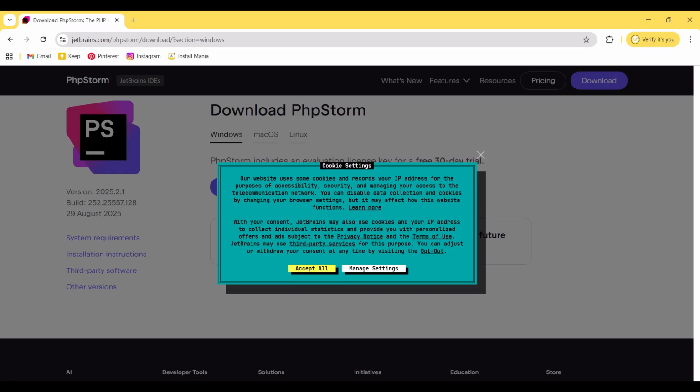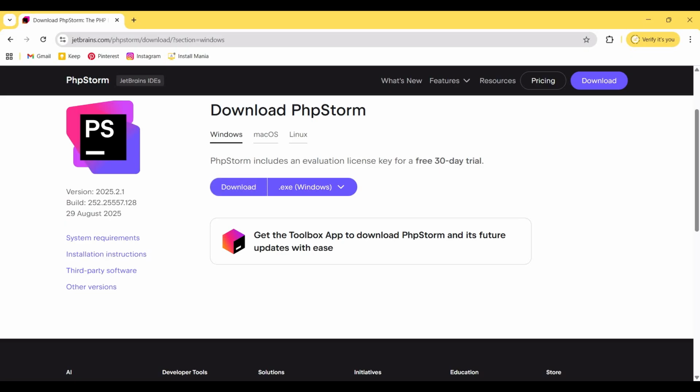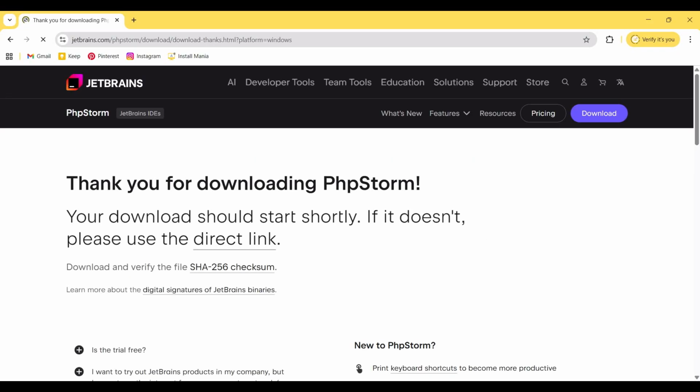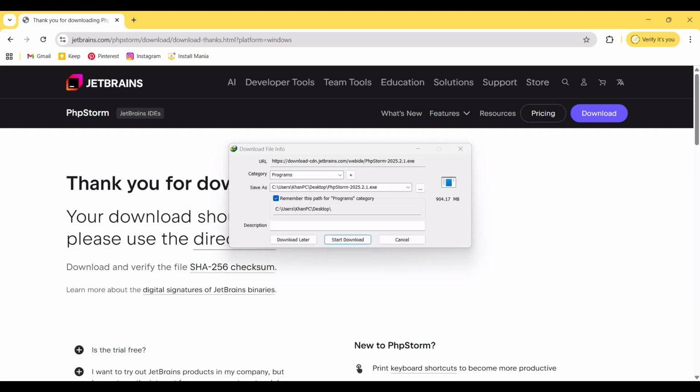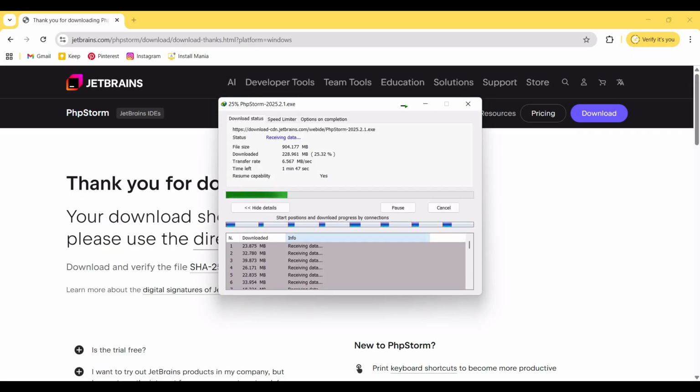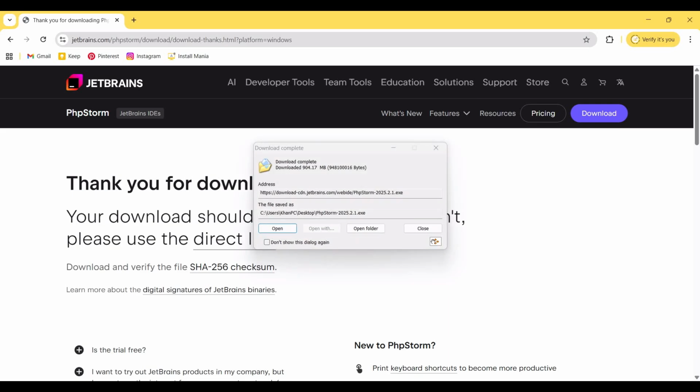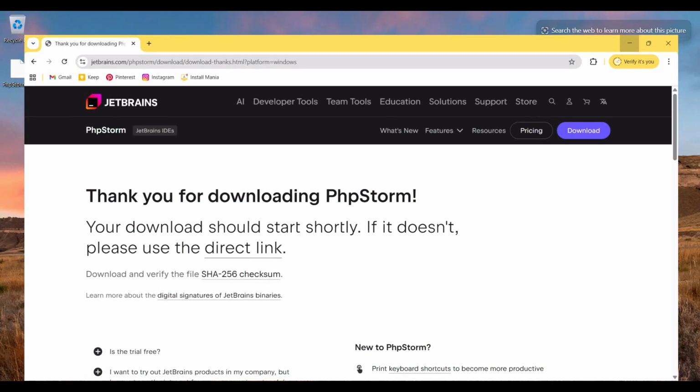We need to accept all, so I click on accept all, then click on download .exe for Windows. Within a few seconds the download will start, so I click on start download. So the download is completed. Now I click on the open button, then the installer